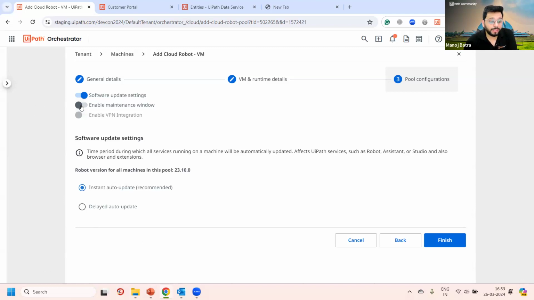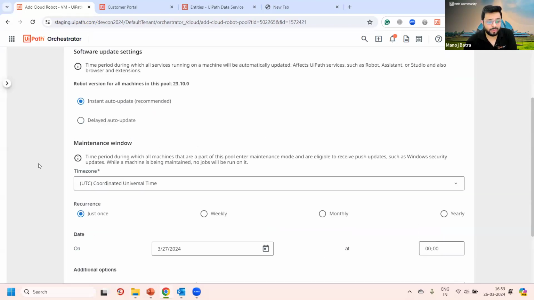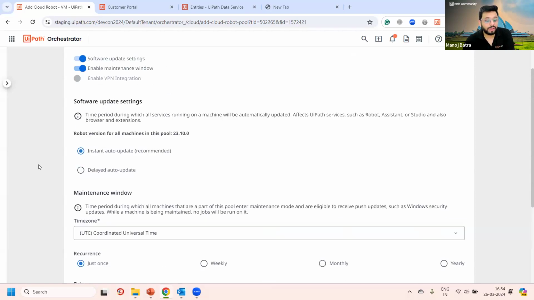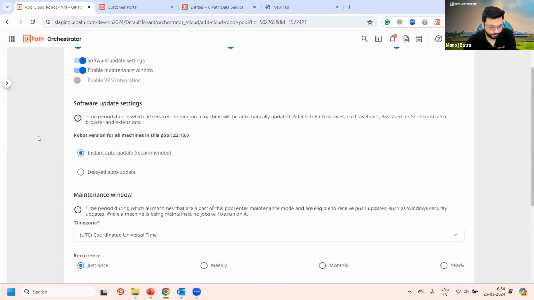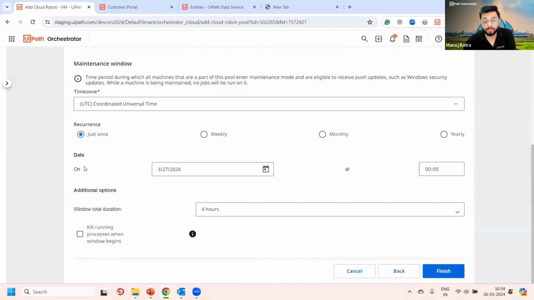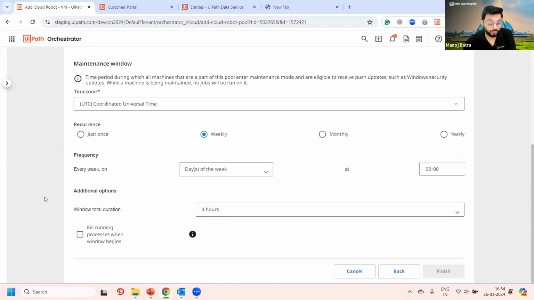Then comes the enable maintenance window. We know that sometimes we need to install something, or we just need some time off to update some configuration on the bot machines. For that, we have this maintenance window option. There are many options: you can do it just once, on a weekly basis, monthly basis, or yearly basis. You can provide the dates and it will go into maintenance mode. You can also provide a duration, but one thing that you need to